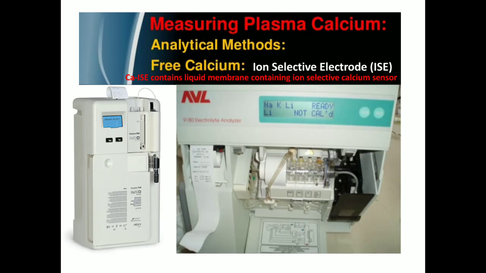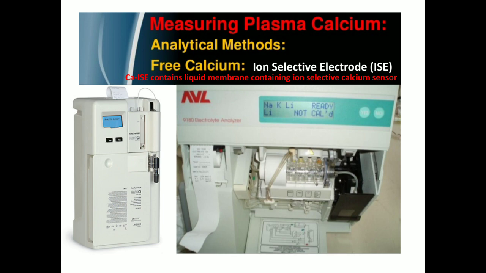So next, after the total calcium, let us come to the analytical method for measurement of free calcium. The ionized free calcium is measured by the ion selective electrode or ISE method. It is a similar method by which we measure sodium, potassium, chloride, etc. ions. So calcium ion also, only if you measure the free ionized calcium, you can measure by the same principle, that is ISE.